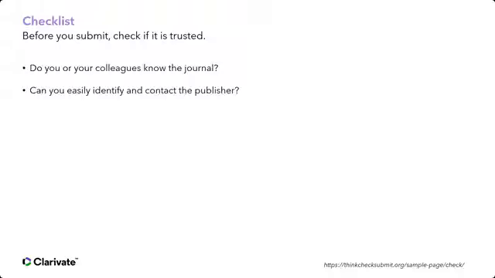But when you have a timeline and you have a deadline to publish, sometimes all common sense goes out the window, right? So just make sure that you or your colleagues have been reading the journal, you know the URL. And also check that you can easily identify and contact the publisher. Who is the ultimate publisher of that journal? Then is the journal clear about the type of peer review it uses? You need to be able to identify what the peer review policy is. Is it single blind, double blind, or even now there's more and more open peer review?